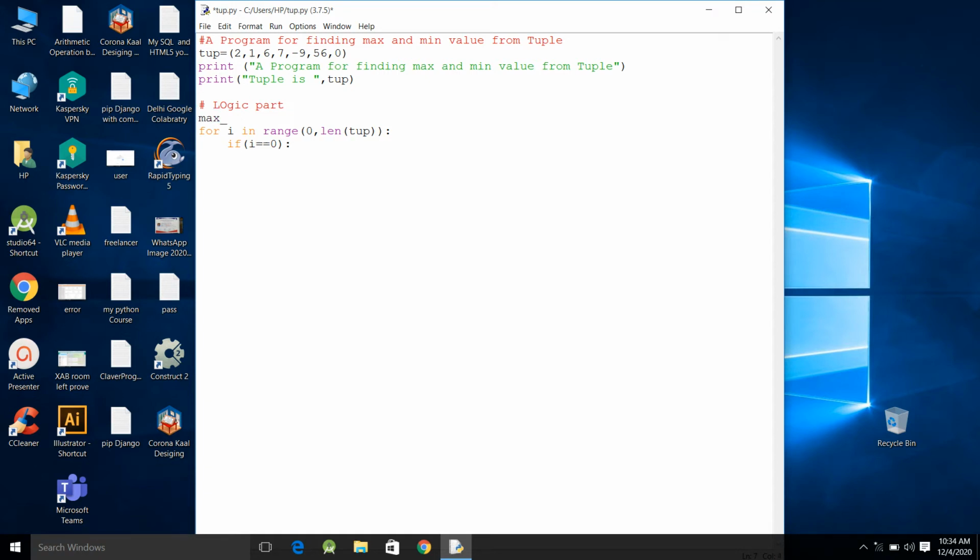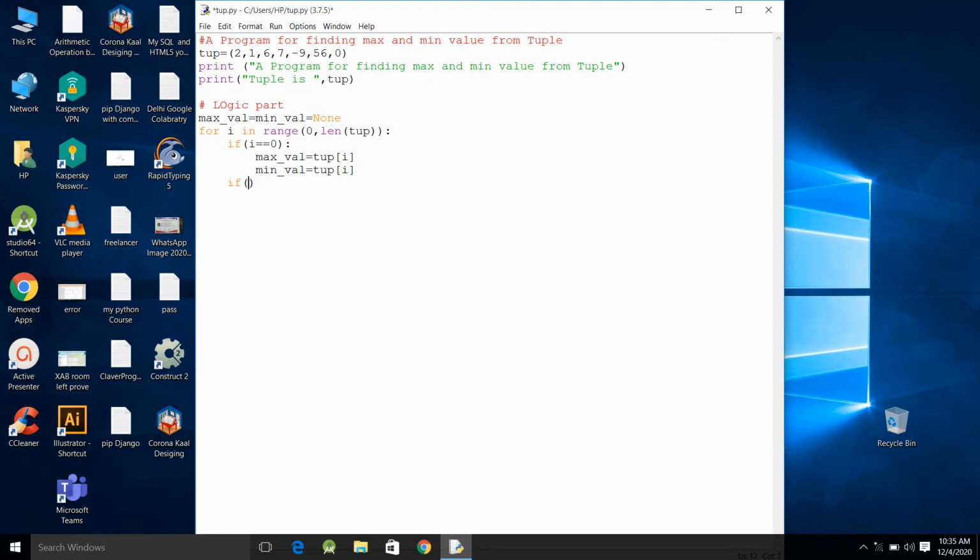So here max val and min val, the minimum value, equal None, because I want to use them further. Then I will say max val equals the first element of tup, which can be considered the max val, and we don't know the minimum value. So we also provide min val the same as tup[0], because the first element is considered both the minimum and maximum value. And we are going to check it again.